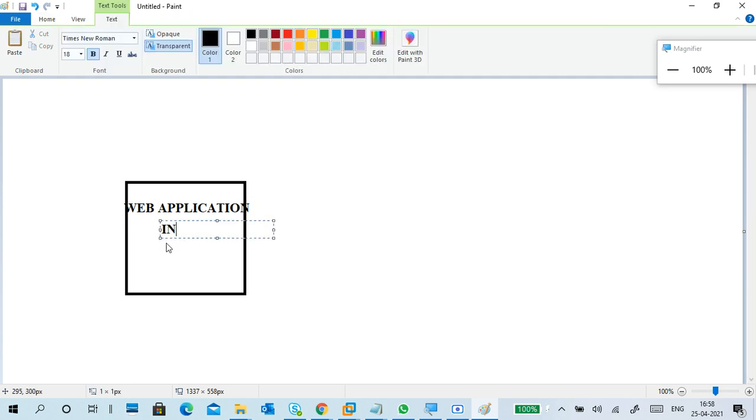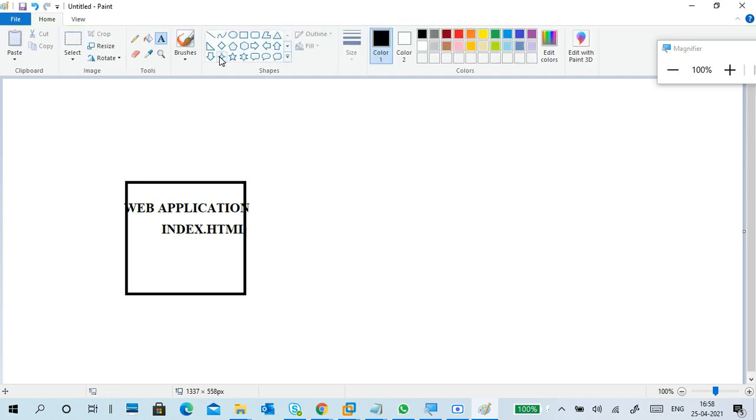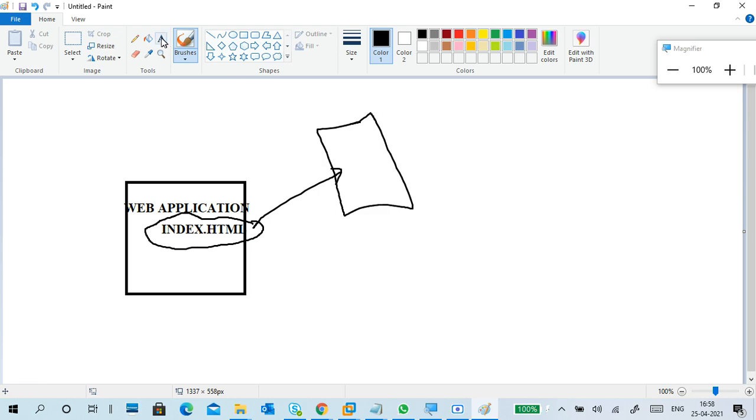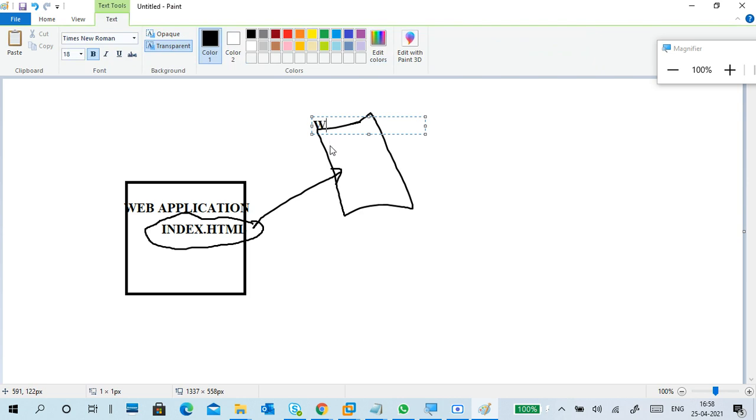So initially I have an index dot html. Now I want to run this index dot html directly. I can run it, but I want to run this index dot html in a server. The server name is web server. Of course, we are running an application server also. Both are there, but Tomcat is mainly a web server. So I want to run this file in a web server.